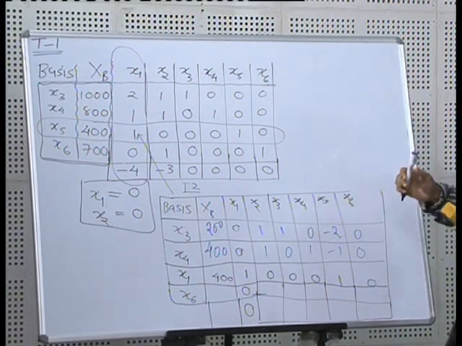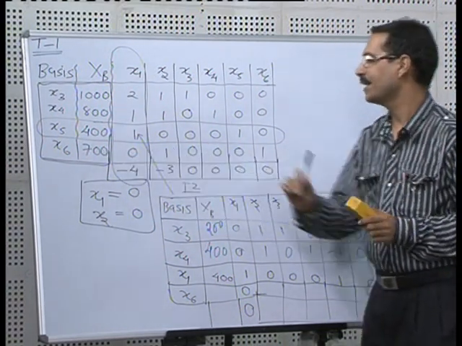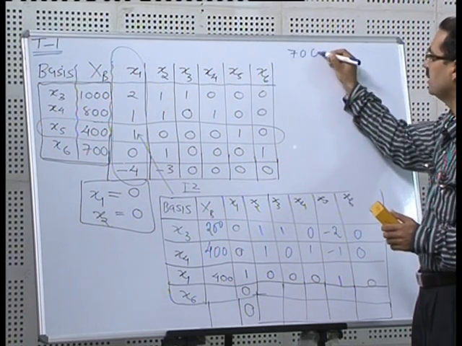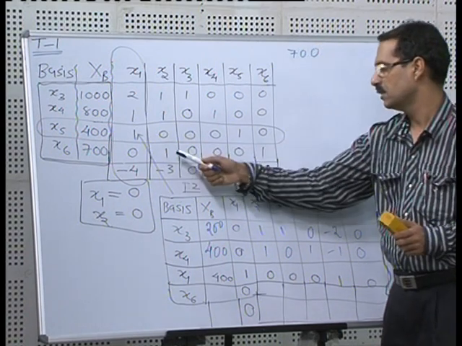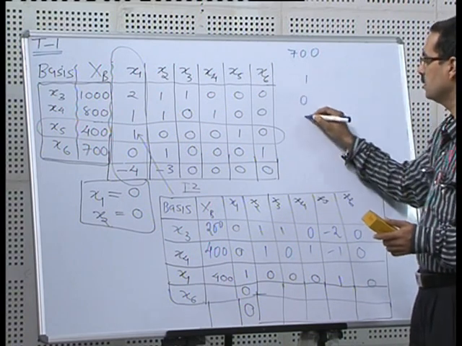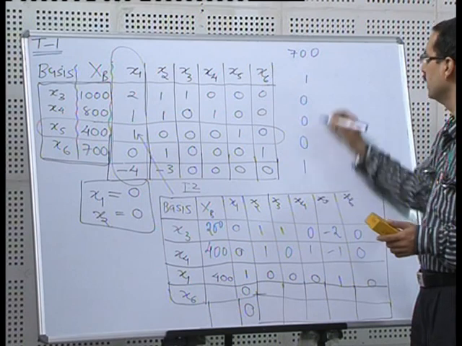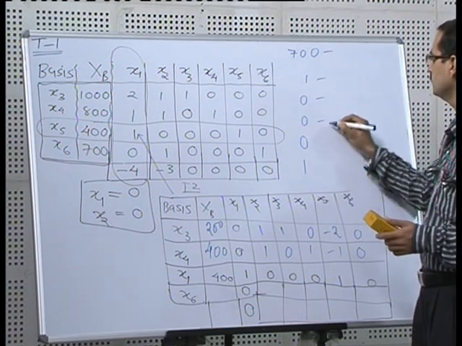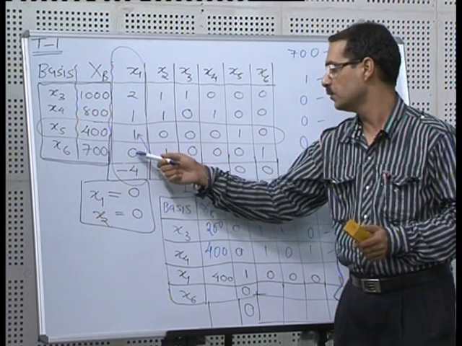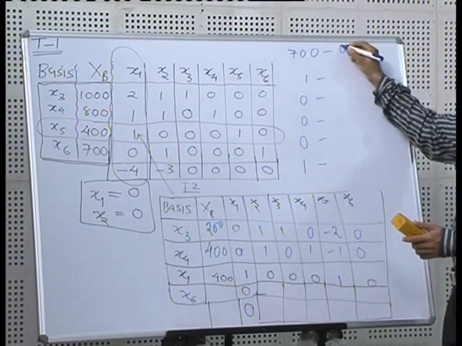So, let us see what is the row to be filled in. It is the x6 row in table 1. The original numbers are 700, 0 not going to be there, 1, then 0, 0, 0 and 1, again minus everywhere. Now, the element which we did not bother about was 0. So, we will have to bother about it now.